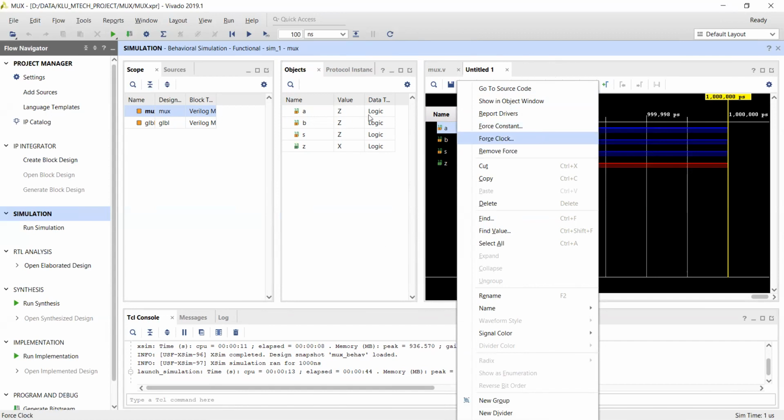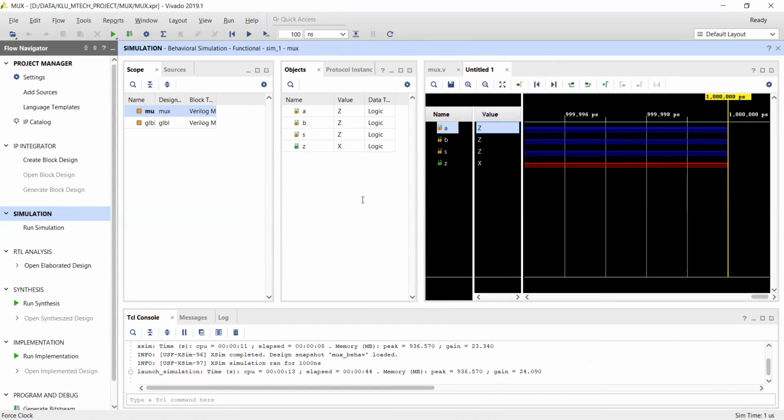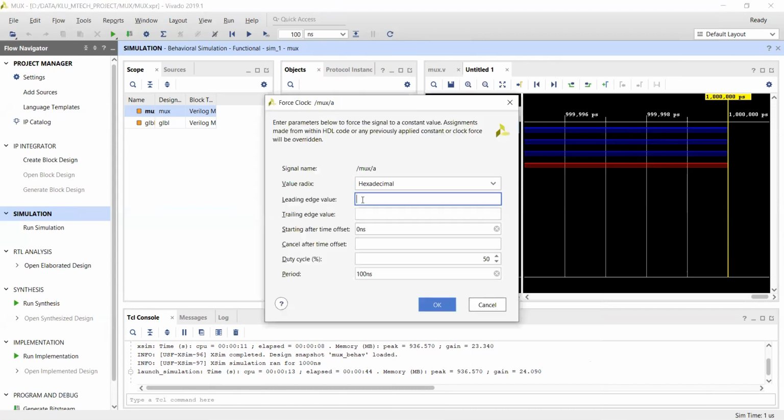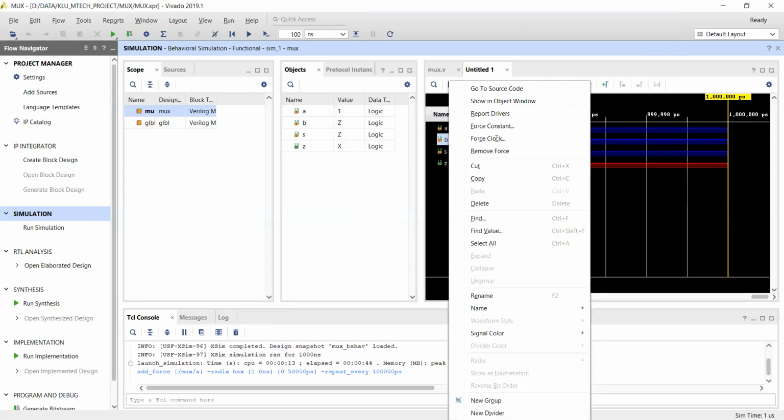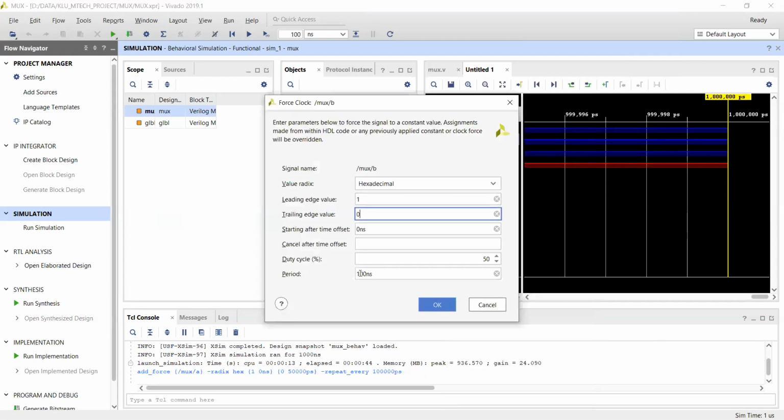If I'm giving a forced clock continuously, what will happen? Here I want to give the leading edge as 1, trailing edge as 0, and duty cycle as 100. The clock values are 1, 0.